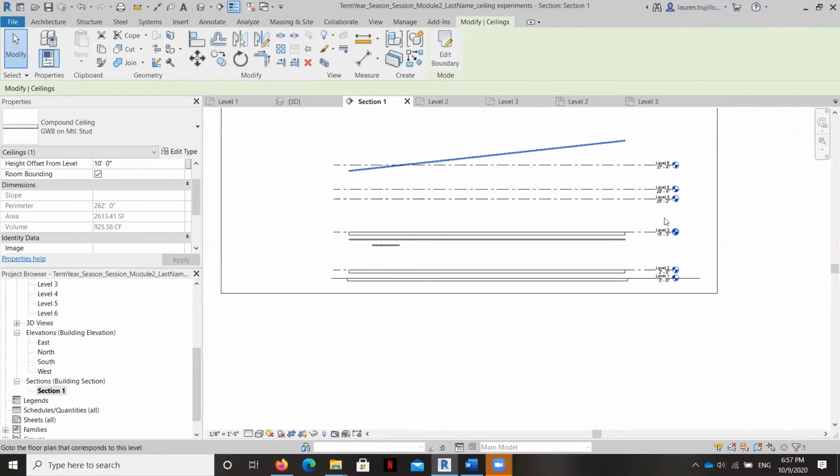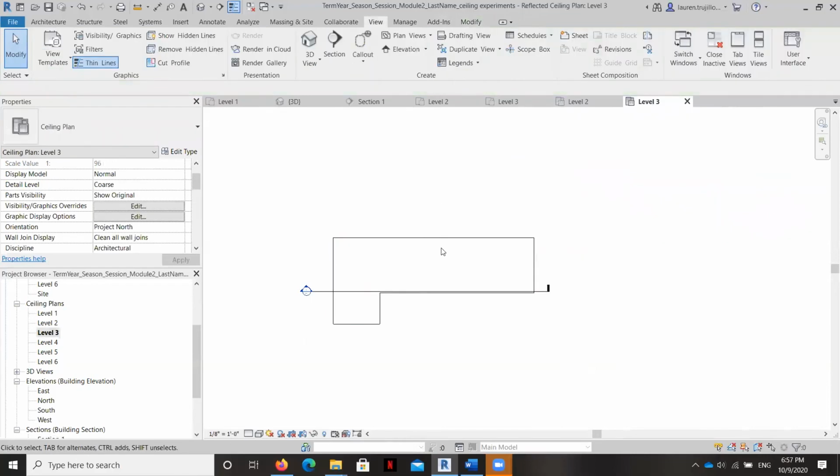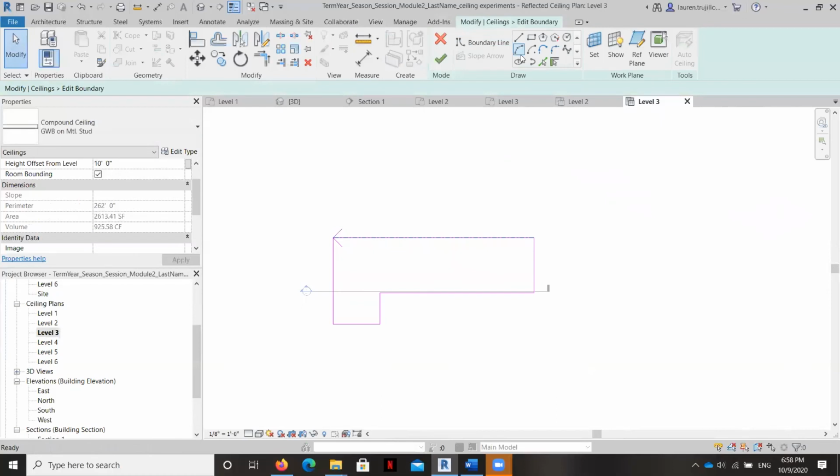Okay. If you wanted to add things like beams, or if you wanted to, for example, create a vaulted ceiling that had a V, the way that you would create that would be you would have to create 2 separate ceilings with a split down the middle. And you'd have to redraw these lines so that there was one ceiling here and one ceiling here. And then when you selected them, you would select this arrow going down and this arrow going down this way on the slopes, and then they would meet at the top.